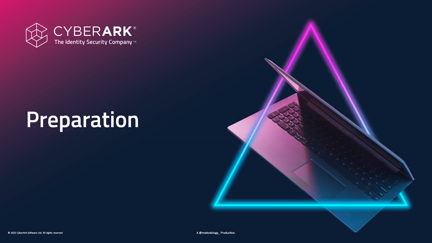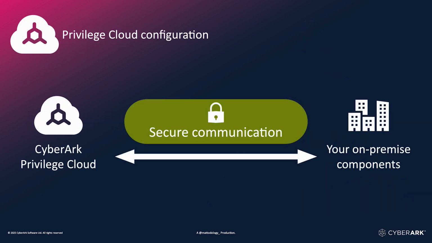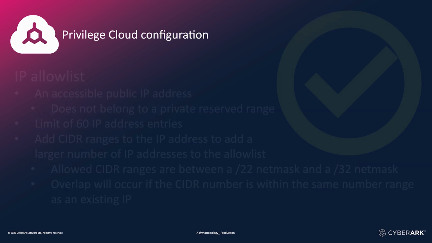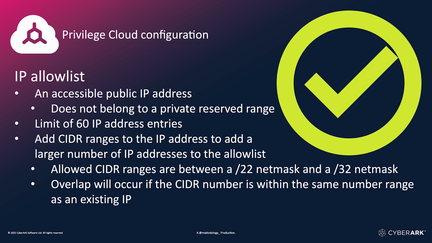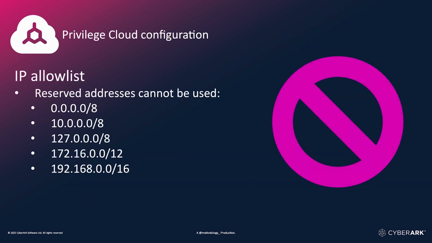Let's start by preparing your environment. To ensure secure and uninterrupted communication between your on-premises components and the Privilege Cloud backend, it is essential to configure an IP allow list within the Privilege Cloud environment. This allow list must include the public, routable IP addresses of your on-premises connector servers. Make sure these IP addresses are not from any reserved or private IP ranges, as those won't be recognized for